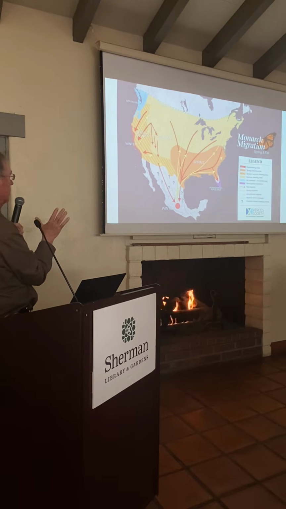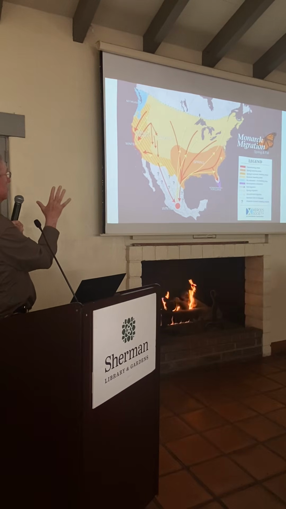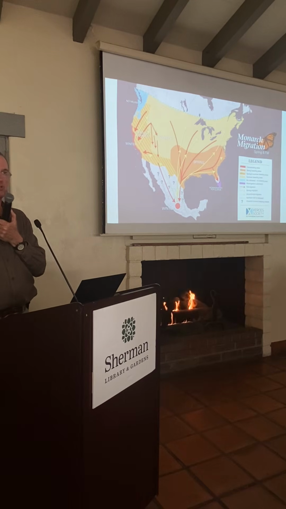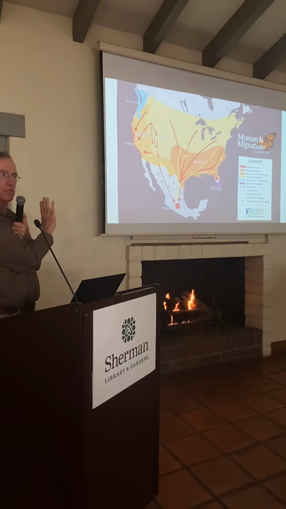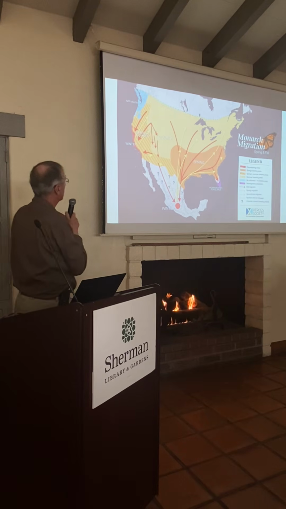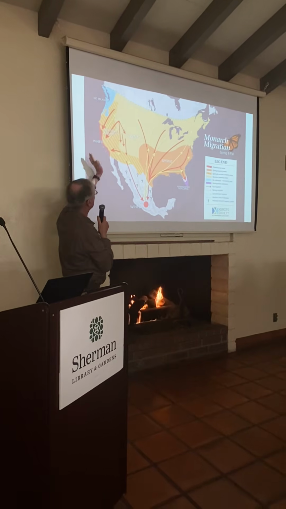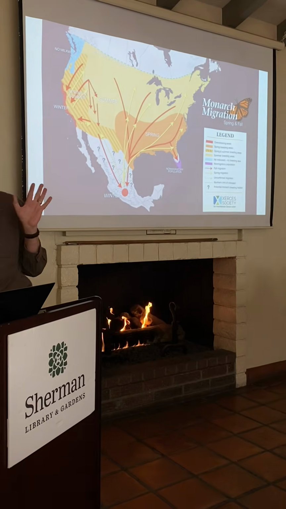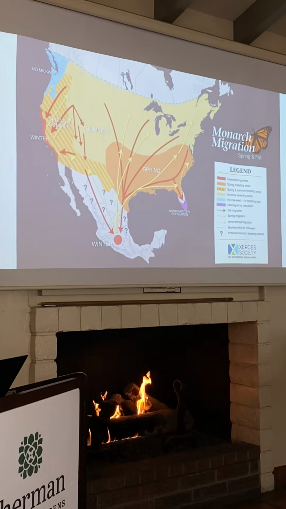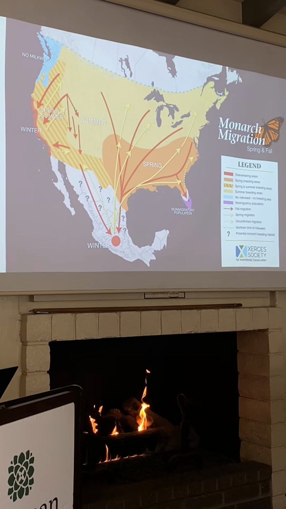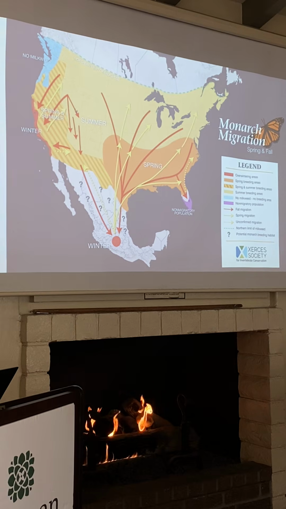So, if you look at that chart, you're going to see some yellow lines, mostly heading north in different directions. That's their dispersal in the spring. They're just starting that mode right now. They're leaving their wintering grounds, a lot of them already have, and they're dispersing in the directions of those yellow lines. So these California monarchs that are clustered on the coast here in the winter, they're moving eastward and northward. They'll get up into British Columbia and a little bit of Canada, their furthest reach, and they'll get into Colorado, Wyoming, Montana, New Mexico, places like that as well.